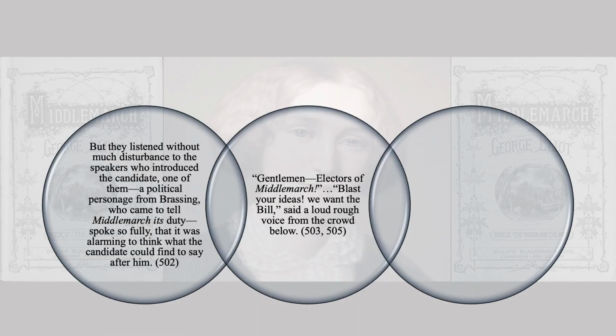So they never considered him to be a neighbor, and they listened without much disturbance to the speakers who introduced the candidate, a political personage who came to tell Middlemarch its duty. And so when he starts speaking, he says, "Gentlemen electors of Middlemarch," right? And a little later, one of the people says from the crowd, "Blast your ideas, we want the bill." So, what is it that these people want? I mean, look at it, references to weavers and tanners and their attitude to Mr. Brooke. They don't see him as a neighbor, they see him as somebody who's contesting, but he says, "Blast your ideas. What is it that we want?" They say,